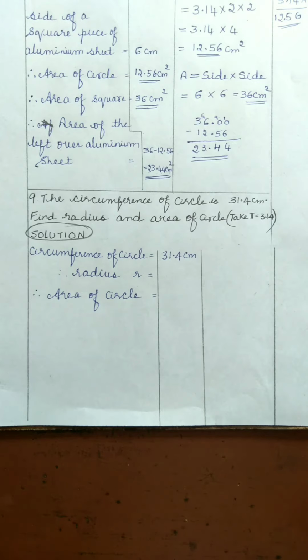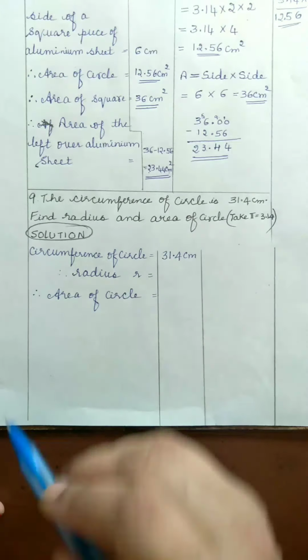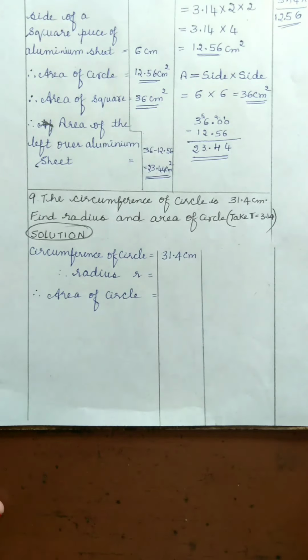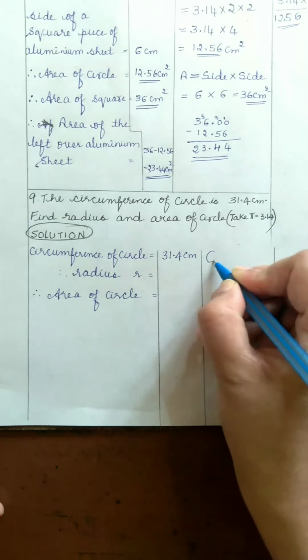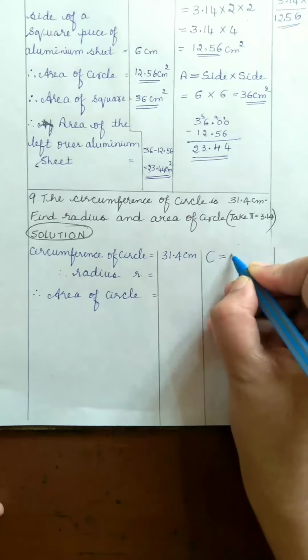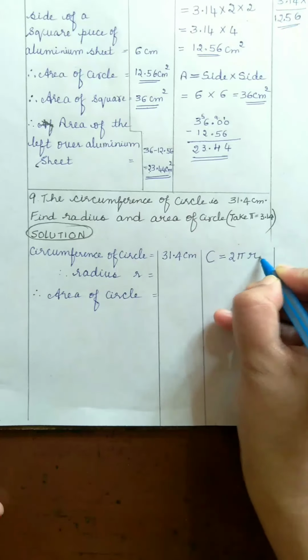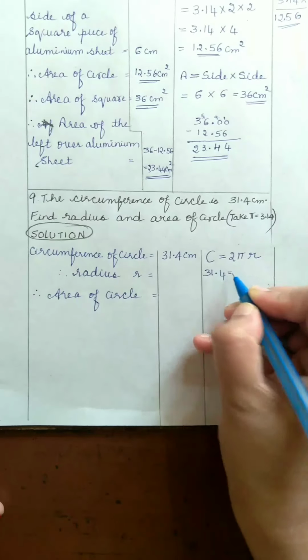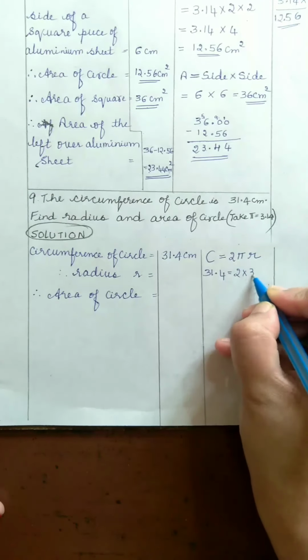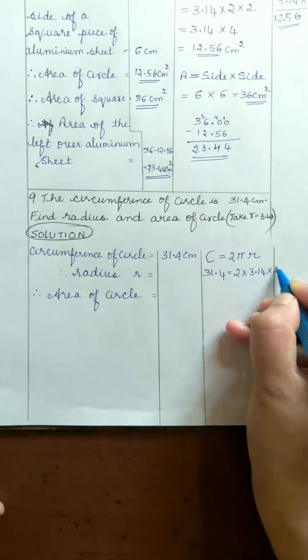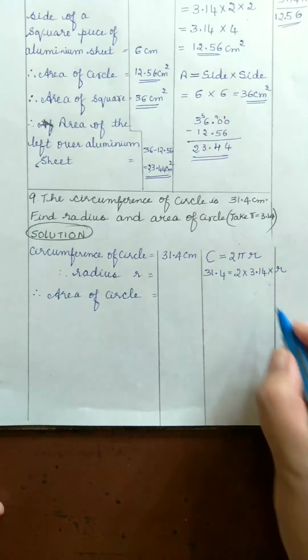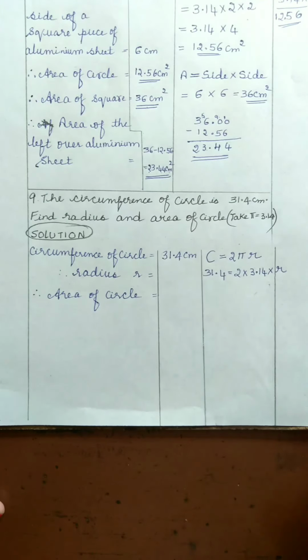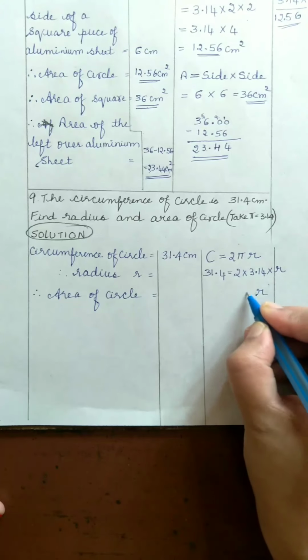So children, here to calculate the radius, we have given the circumference is equal to 31.4 centimeter. So, we can apply the formula circumference C is equal to 2 pi r. Circumference is 31.4 equal to 2 into 3.14 into r. Therefore, now we want the value of r, that is the radius. That will be equal to